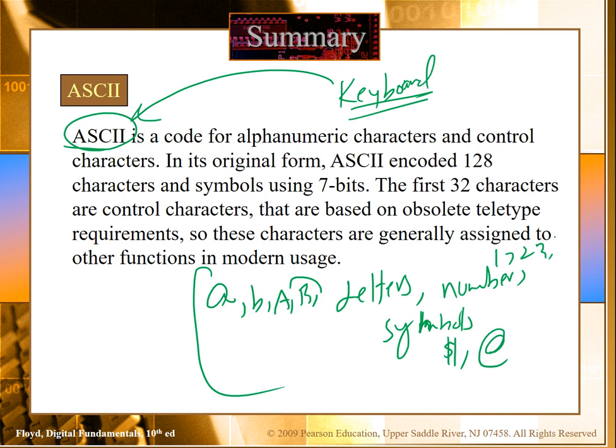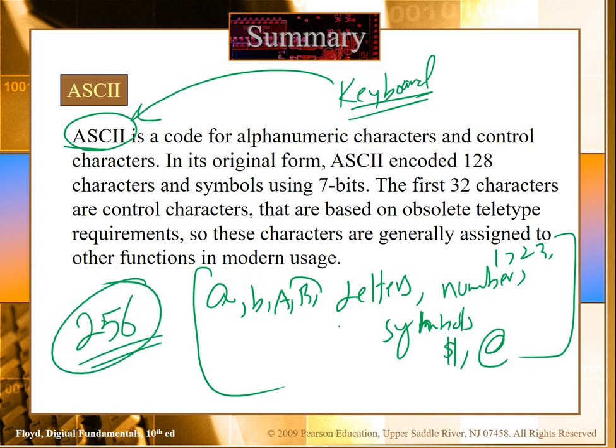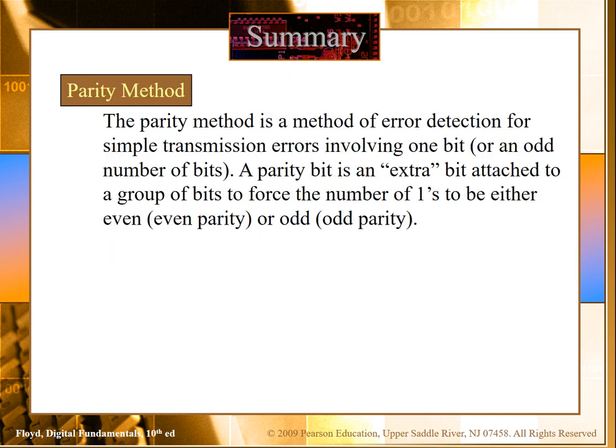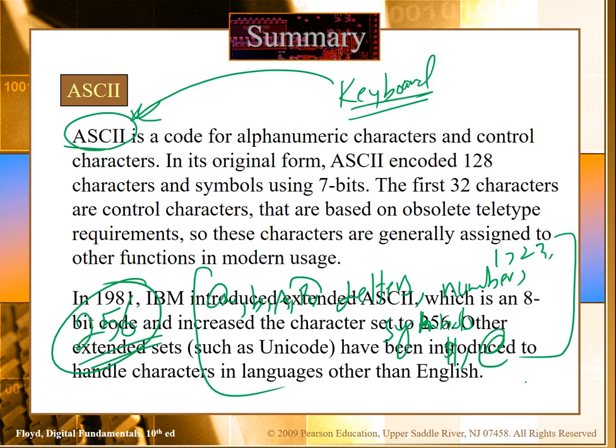This is a 7 or 8-bit coding system, so in the 8-bit code system we can cover up to 256 characters. All the keyboards basically operate on the ASCII coding system. This is a specialized code which we use for the communication of the keyboards with the processors. So this is the end of the coding systems, the different kinds of code which we have learned for the compact representation of the binary systems.